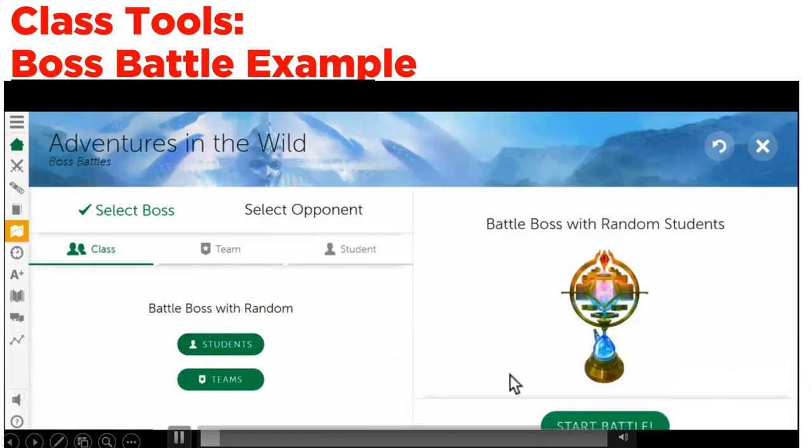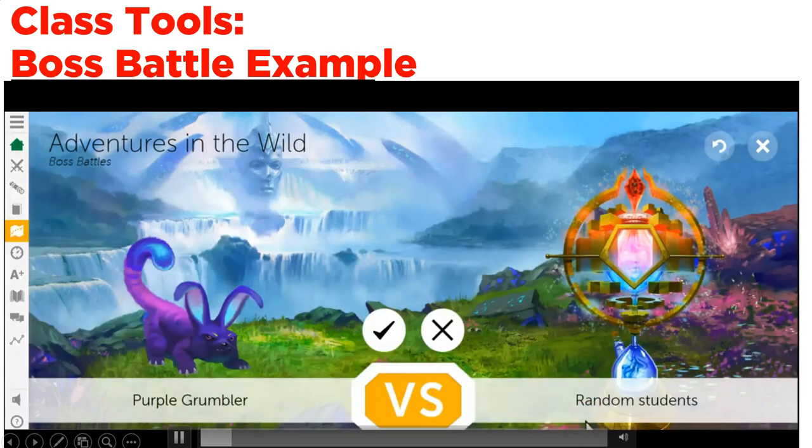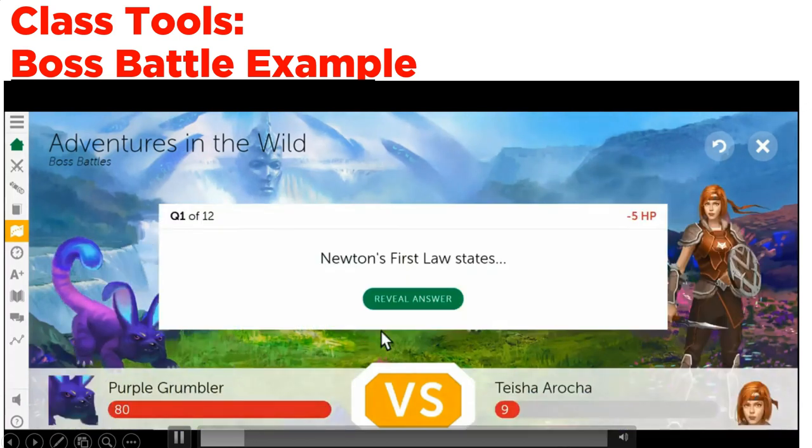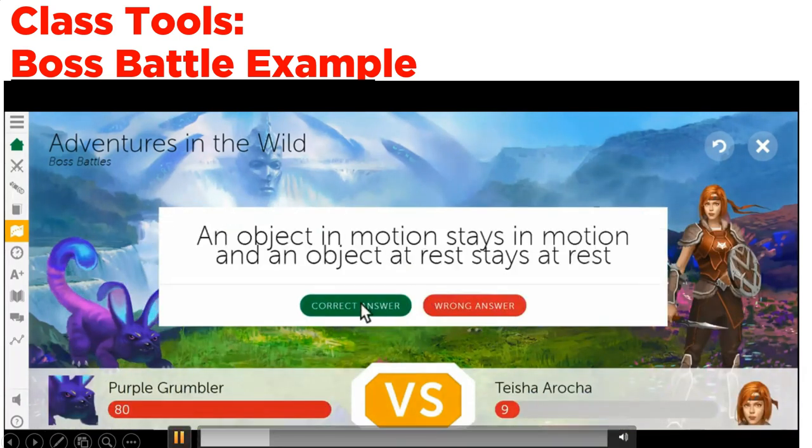So here in this case I'm battling with just random students. I start the battle and go. So a question comes up and Tisha in this example has been asked to answer it. So I would then get Tisha's response based on what she said. She's either said this or she said something else. Let's say she said the right thing. I would just click correct,